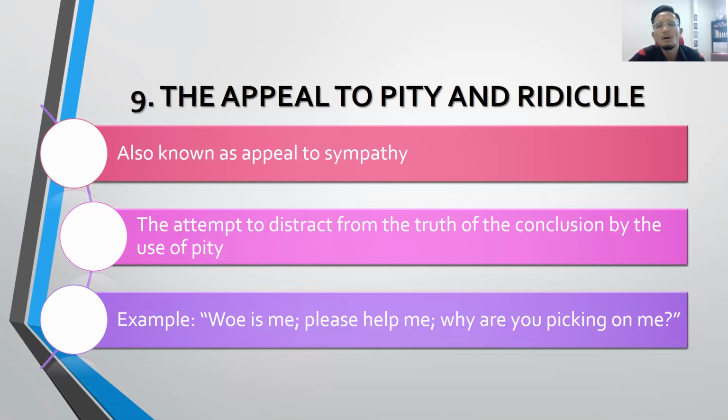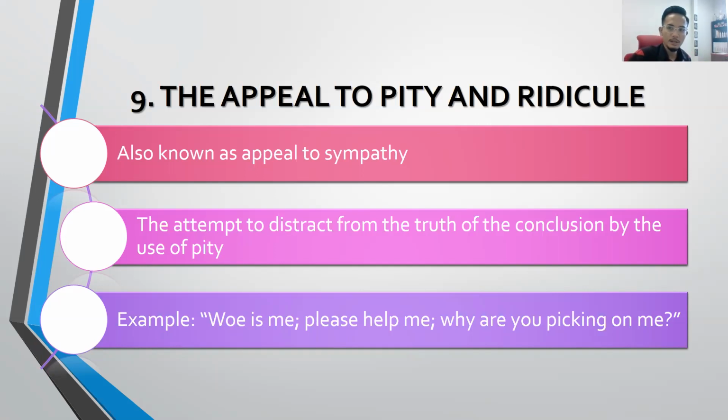When someone says something, oh tolonglah help me, so we tend to feel pity, rasa kesian, feel sympathy towards someone else. Please help me, please help me. Kalau contoh kat kedai-kedai makan kan, normally orang akan kesian kalau orang buta tu, blind people, datang dengan bawa tisu kan. So those who have the sympathy and pity towards someone else, the decision tu dia akan berubah-ubah lah. Okay, so that is the appeal to pity and ridicule, also known as appeal to sympathy.